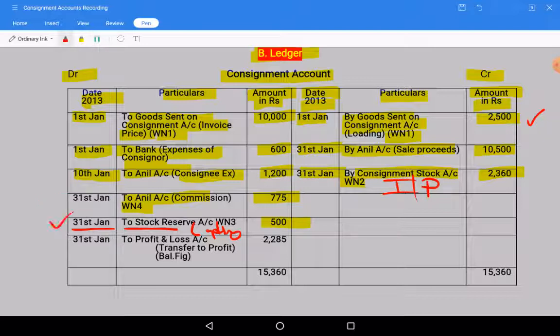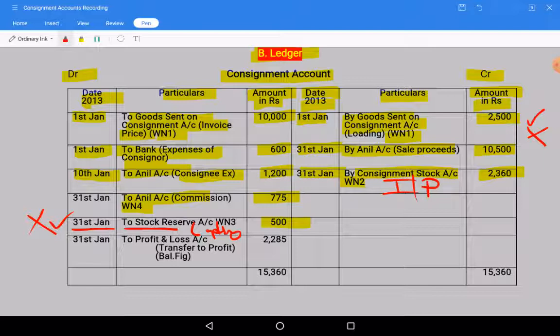Stock reserve. These two additional entries will come. In the cost price method, these things will not come. Here one thing, here one thing, we will take